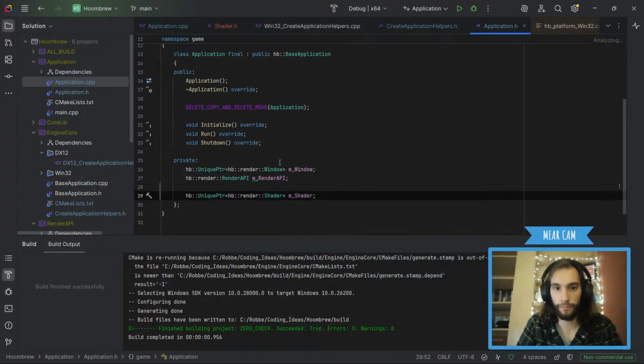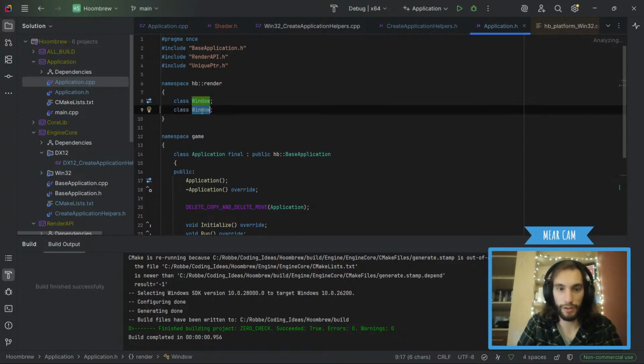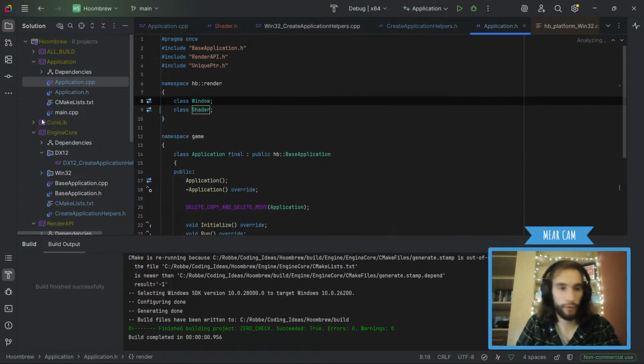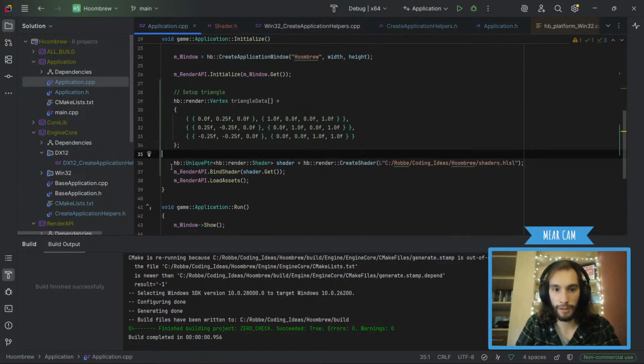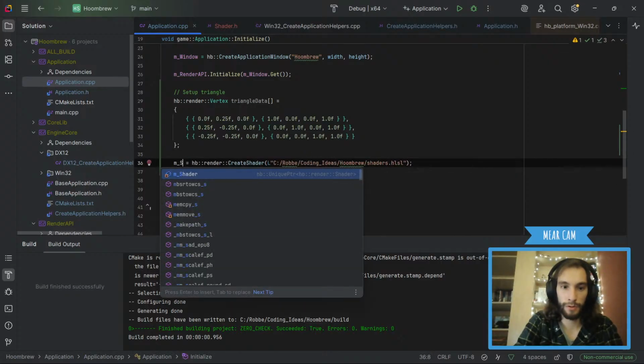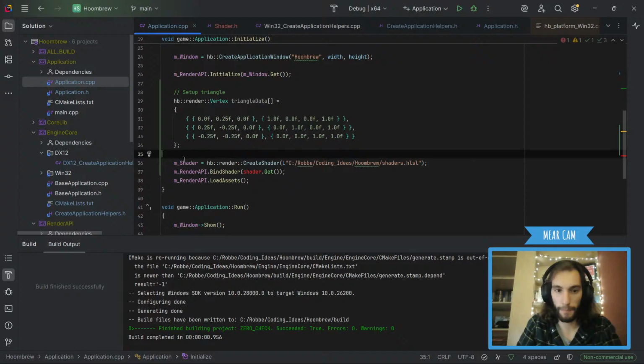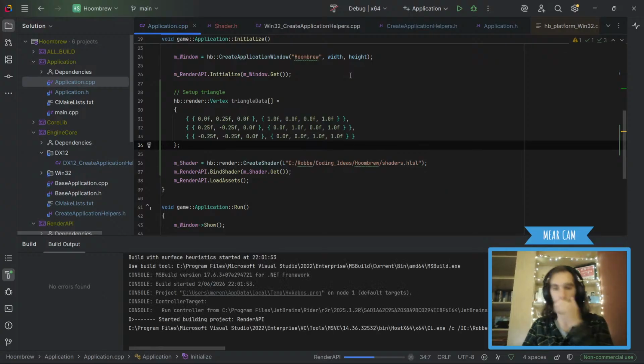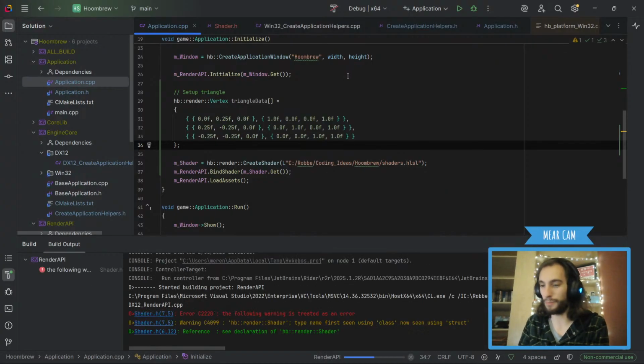There we go. I do think we need a shader defined here. Like so. And then inside our application.cpp, we can just say mshader. And if this all compiles, I think we should still have a triangle, but now we have a shader.